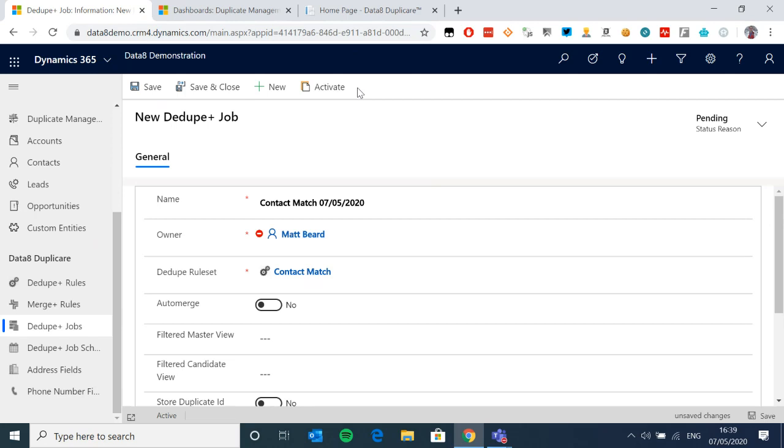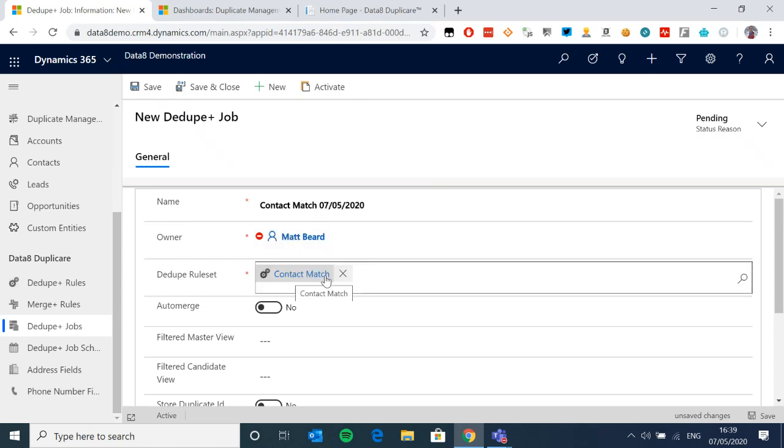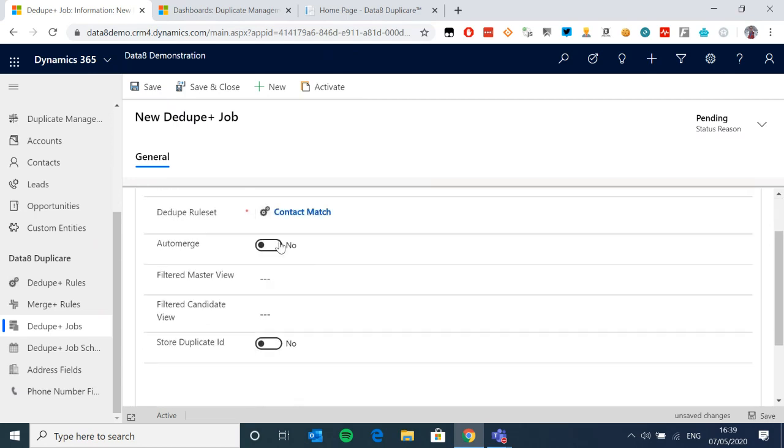So everything we do is done as entities, and this is just a nice time to show that, because all that button did for me was make a new entity and pre-fill a couple of fields. So it gave it a name. That was me. The rule set that I want to run this job against, in this case, this contact match. Auto merge. So if we find a duplicate in your system, do you want us to do that quick merge for you? So if you're happy that your match rules are right and your merge rules are right, you can set that to be yes on a Friday afternoon. You can press save on this record.